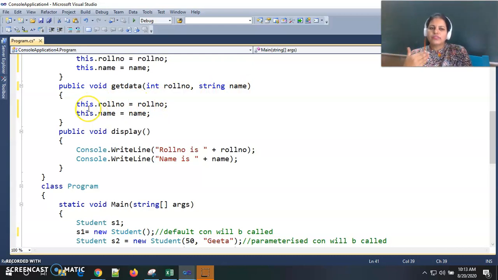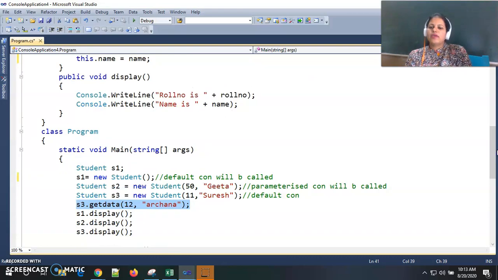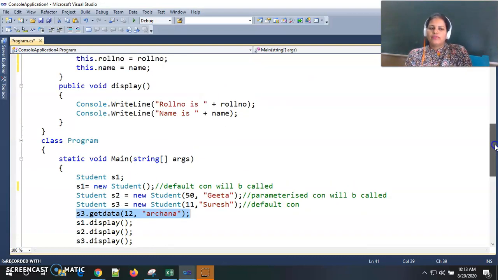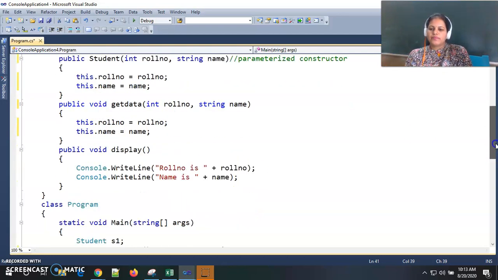The this pointer refers to the S3 object, so this roll number means S3's roll number, and this is S3's name. On S3's memory, I am storing these parameter values: 12 as the roll number and the name Archana. In this way we solve the problem when the parameter names are exactly the same as the data member names. By using the this keyword, we can solve this problem.